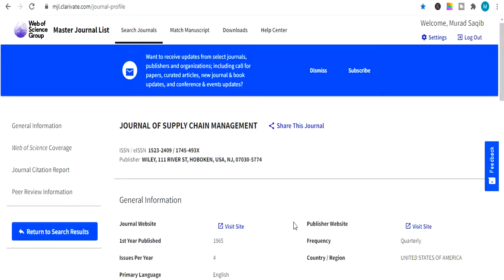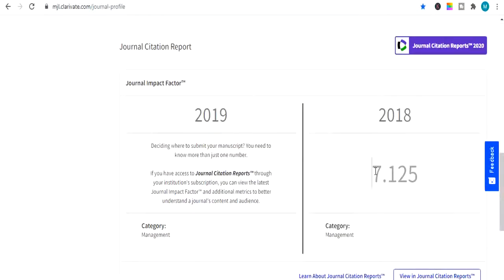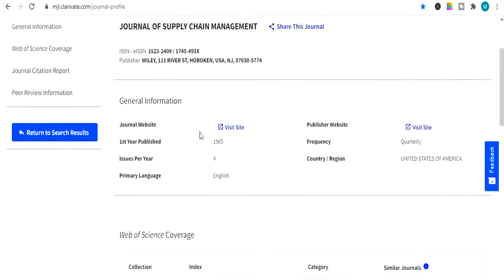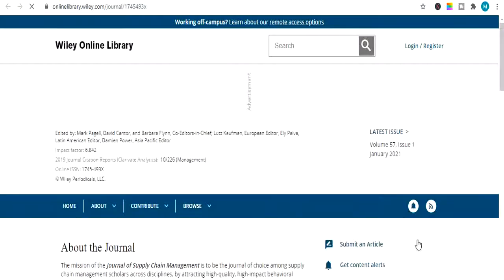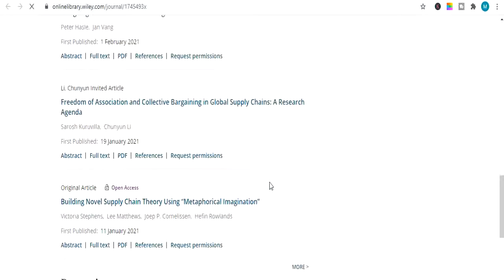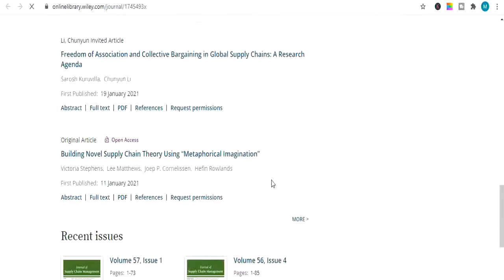You will go to the view profile page, and you will see the impact factor of the journal. This one is I think the highest one, or one of the top journals of supply chain. If you click on its view site, it will direct you towards the journal website, from where you can find tons of latest topics related to supply chain management.